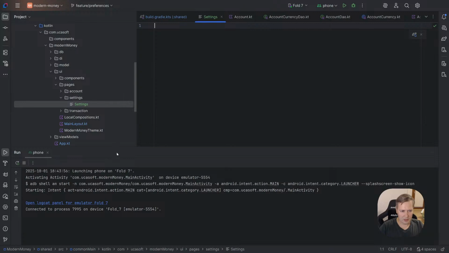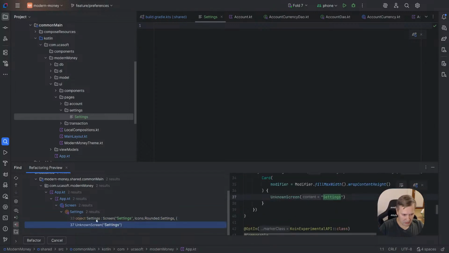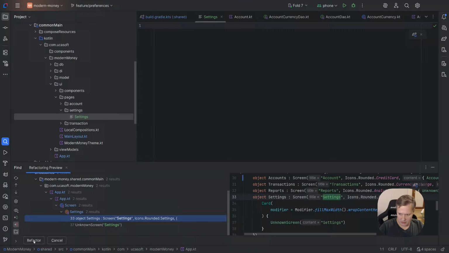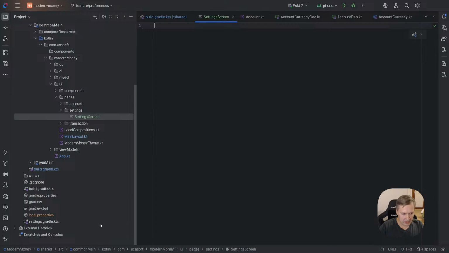Let's rename it settings screen. No, nothing, just this settings. I don't need to rename everything else. How to exclude it? Exclude refactor. Okay. And here, sorry, create our screen